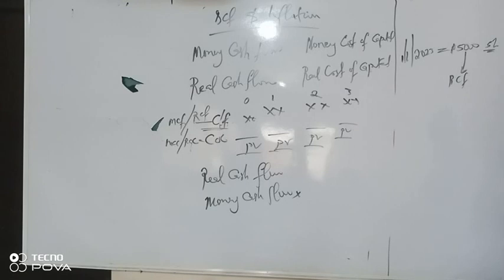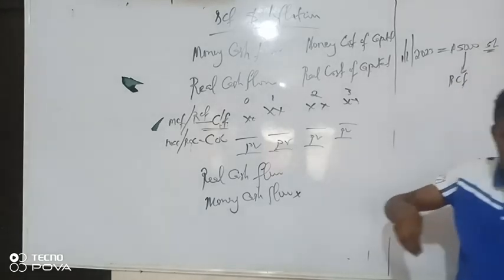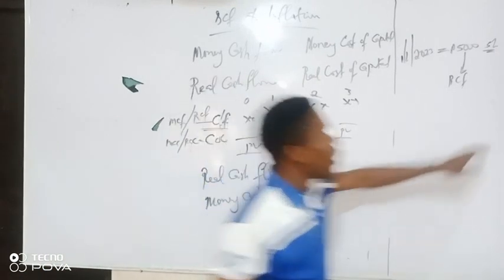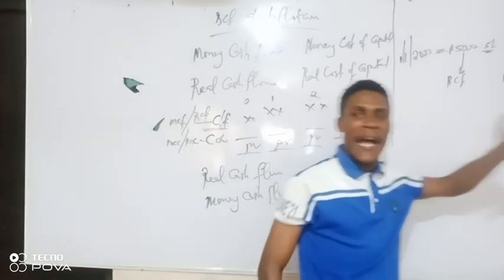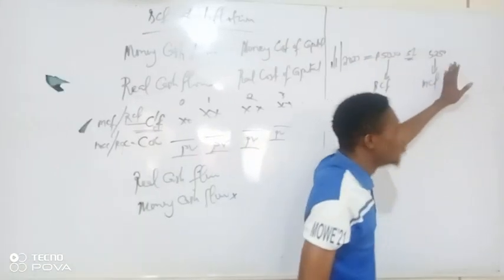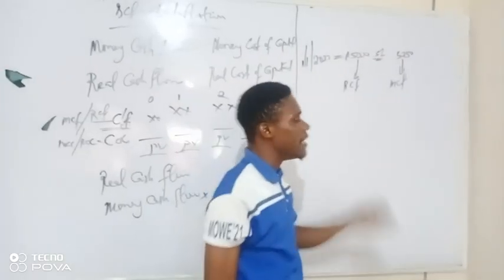5,250. This 5,250 is all money cash flow. Please, can you get the difference now? The difference is, money cash flow is cash flow before you consider inflation. That is your current price, your today's price before inflation. Why is the money one what? It is the cash flow after inflation. After you have considered your inflation, that's money cash flow.